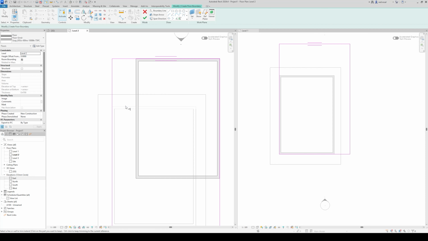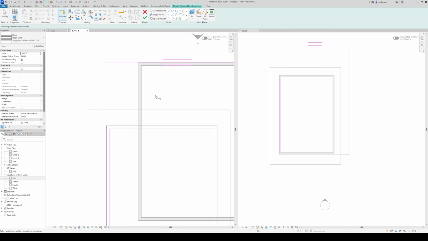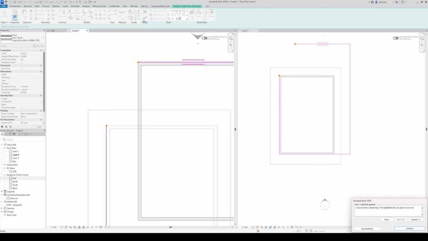So I'm going to set this as my reference line. I want to keep this side of the line. Remember, it's not like Grider. You don't select the lines that you want to take away, you have to select the lines that you want to keep. I'm going to select this as my reference point, keep this side of the line. And if I were to press continue,